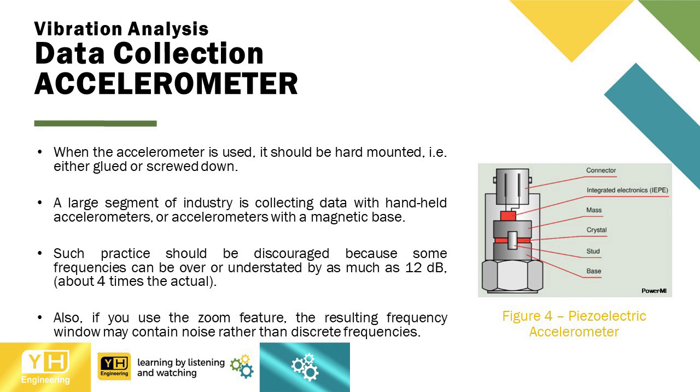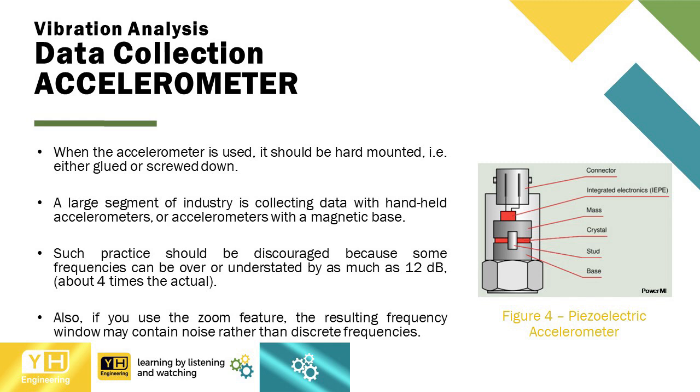When the accelerometer is used, it should be hard-mounted, i.e. either glued or screwed down. A large segment of industry is collecting data with handheld accelerometers, or accelerometers with a magnetic base. Such practice should be discouraged because some frequencies can be over or understated by as much as 12 dB, about 4 times the actual. Also, if you use the zoom feature, the resulting frequency window may contain noise rather than